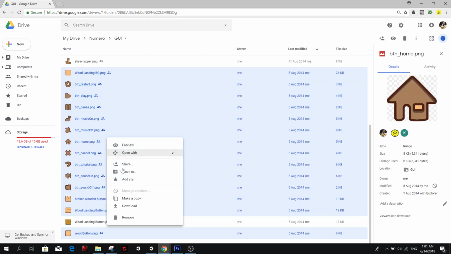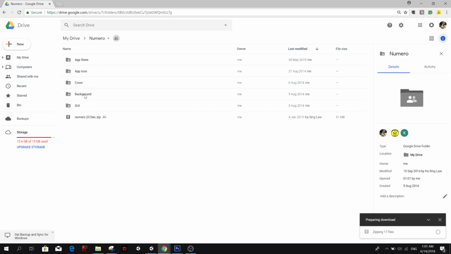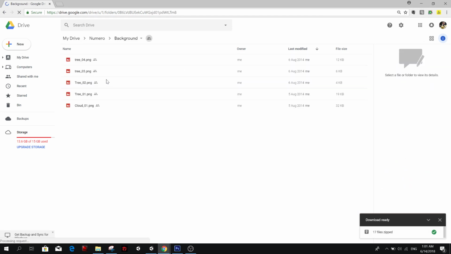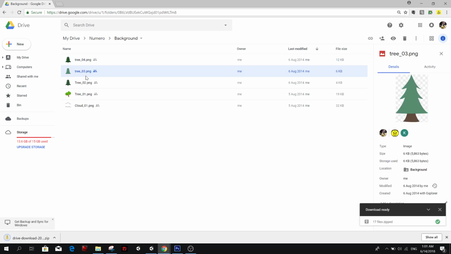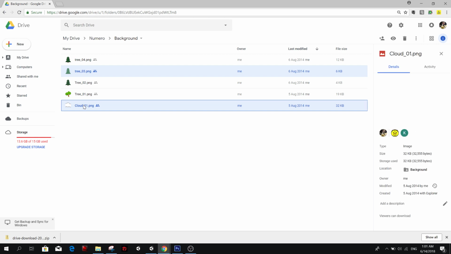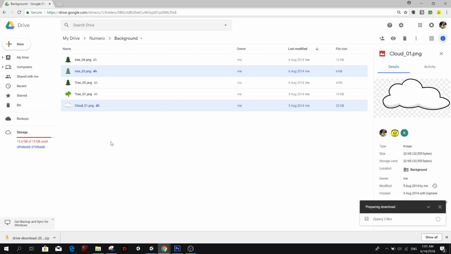No, that's not all. There's some more stuff. So let's download this. Meanwhile, it's zipping files, and also I have the background. In the background there's like this tree. I actually got inspired by other games, so it's really similar to other games' downloads. I didn't copy it though. I didn't totally copy it, just very similar. So get that too.